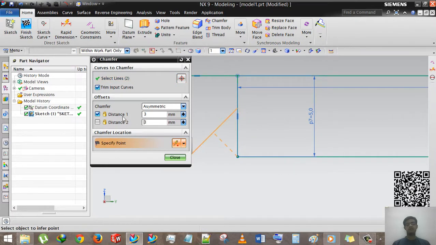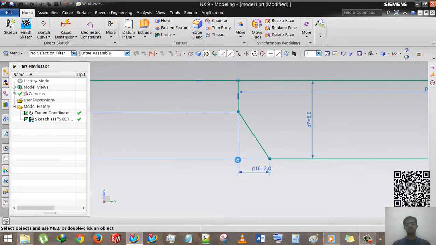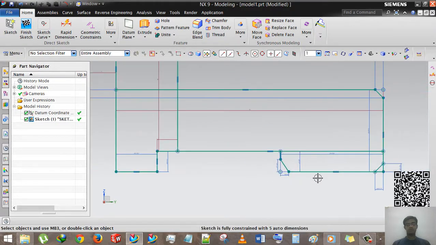So you can see that if I lock this distance at 2 and press enter, it will automatically create a 3 by 2 chamfer. I hope you understand.